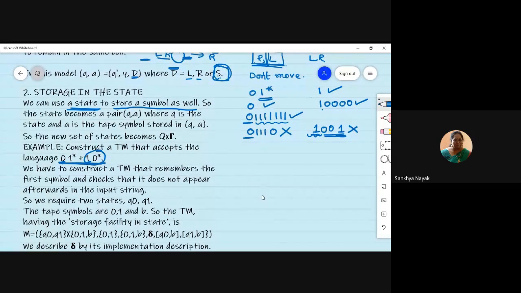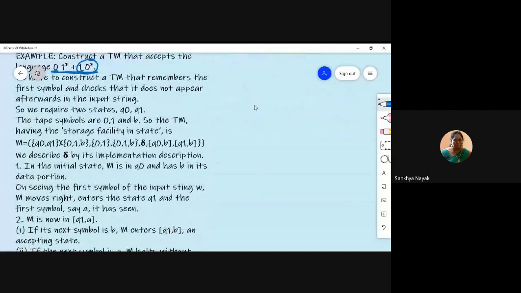Now 2 states are enough for this. So you can see we require only 2 states. But there are 3 tape symbols over here. In the tape what I can see is a blank, because before any input and after any input blanks are there. We have studied the entire Turing machine with that assumption, isn't it? So your tape symbols are 0, 1 as well as blank.